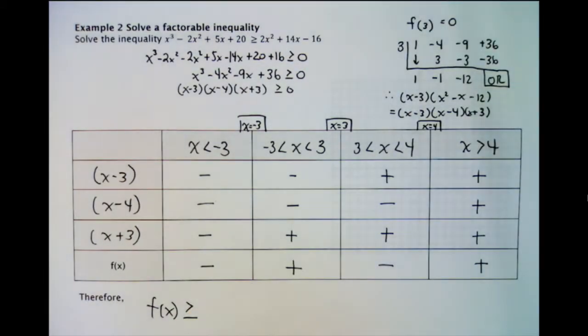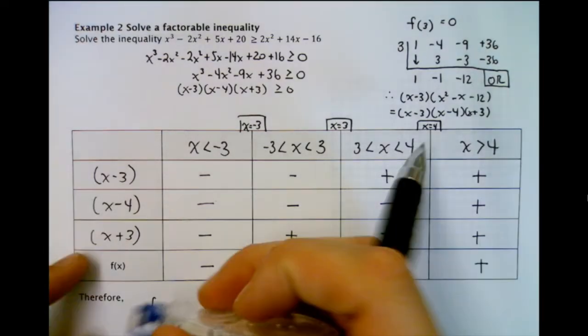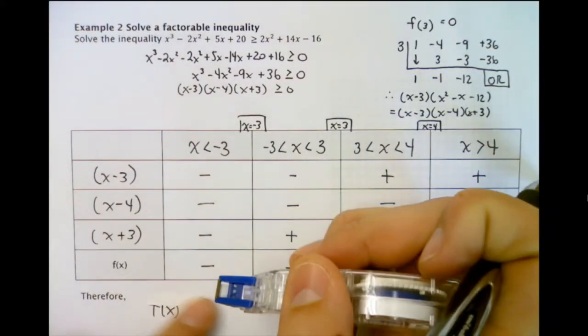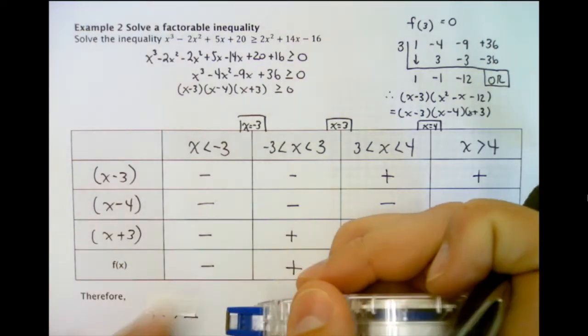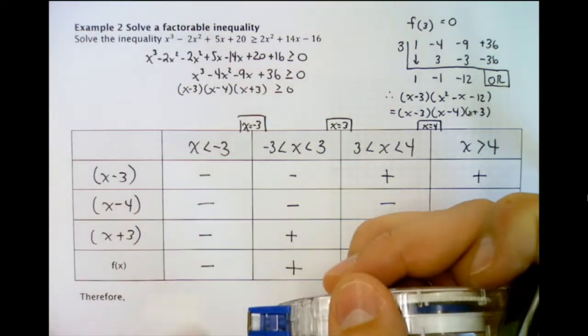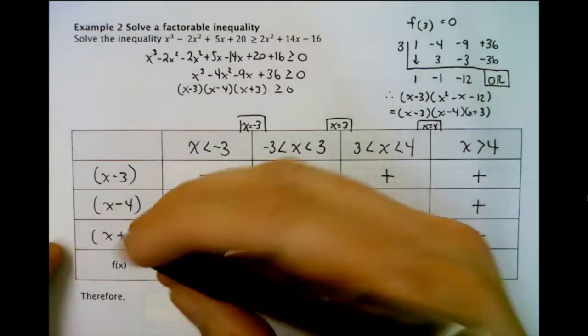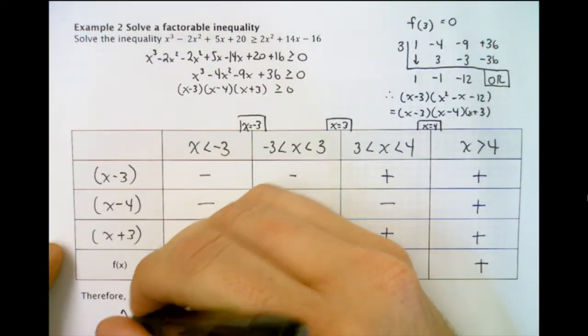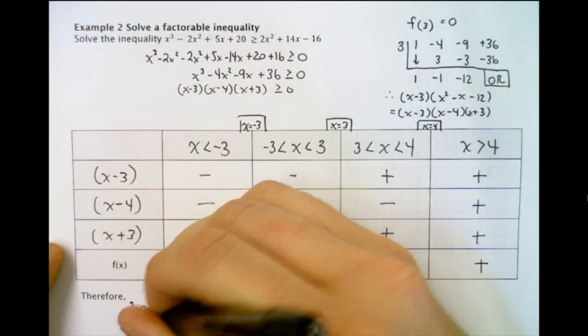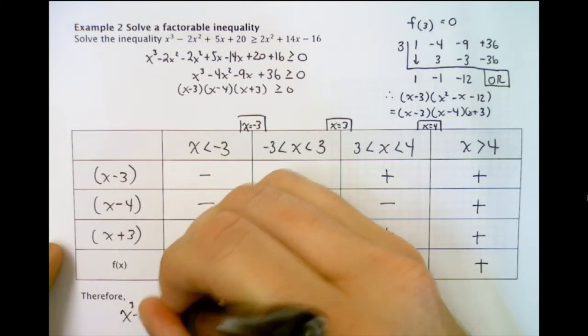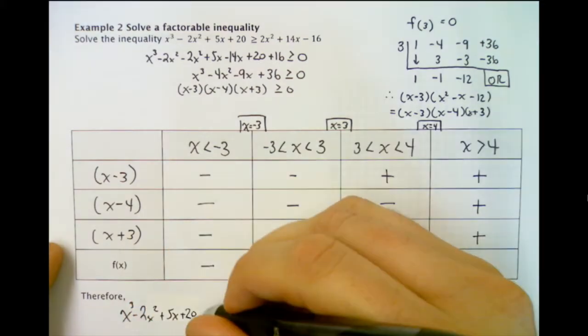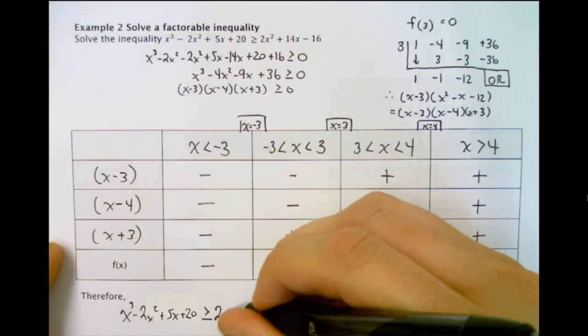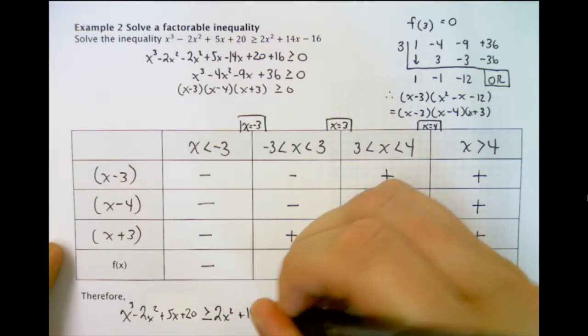That doesn't really answer our question, so that's actually bad. I shouldn't write that. We should restate the original question. The original question was, where is our degree 3 polynomial bigger than our degree 2? So therefore, x cubed minus 2x squared plus 5x plus 20 is greater than or equal to 2x squared plus 14x minus 16